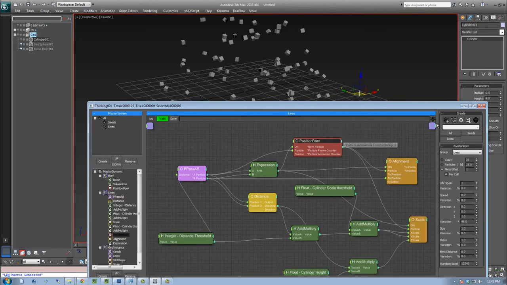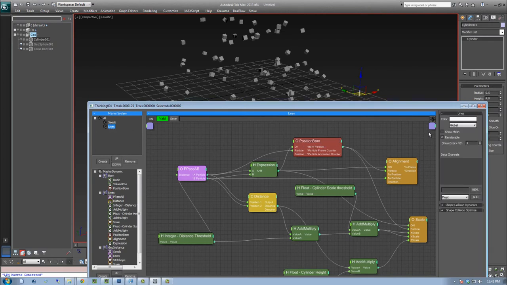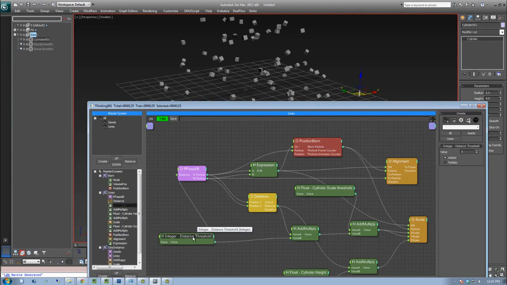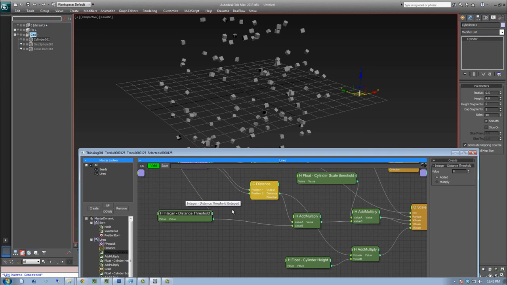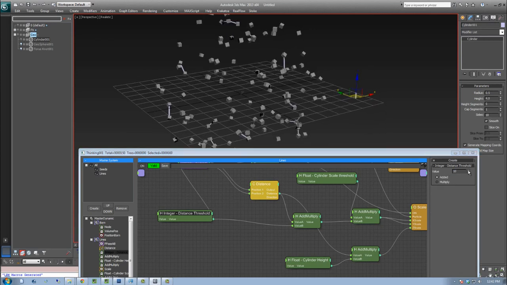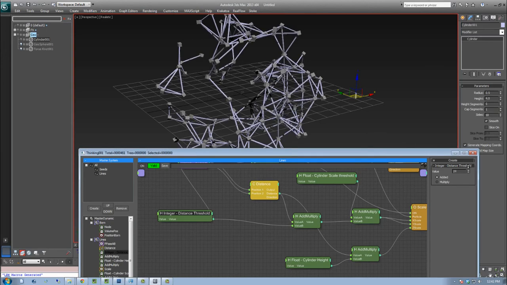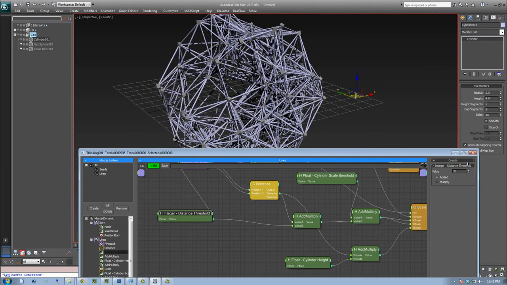So our position born, they're going into lines, which is good. Show mesh. It should be showing that. Oh, okay. Here's why it's not showing anything. Right now, our distance threshold is set at 0. So all particles are going to be outside of that, so no lines are going to be created. But hopefully, if I increase this value, we should start seeing lines being created between our particles. So as I up this value, you can see these lines being created here,